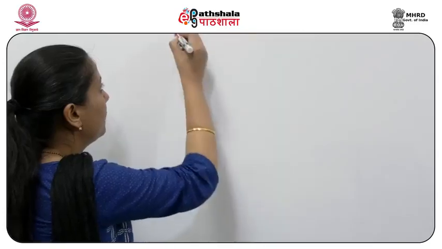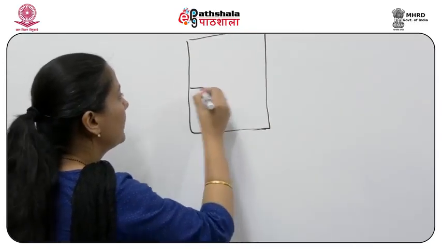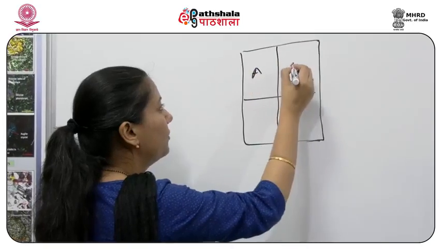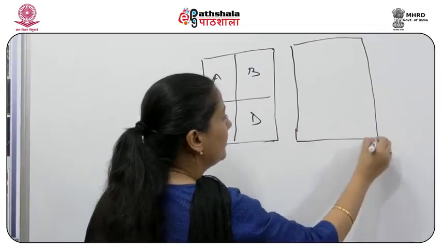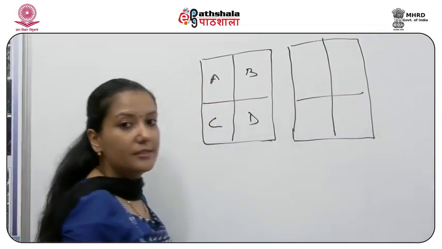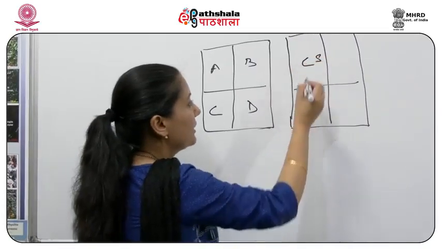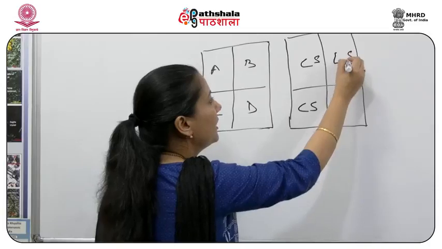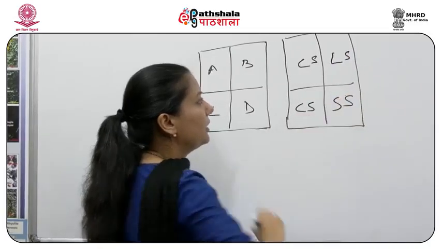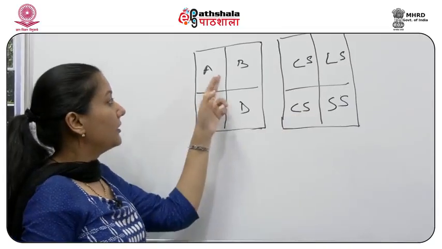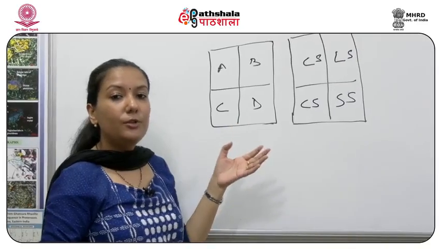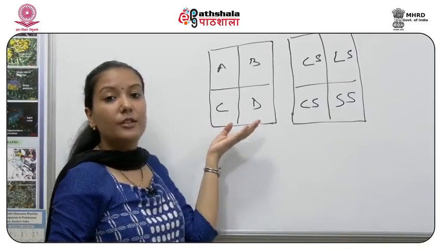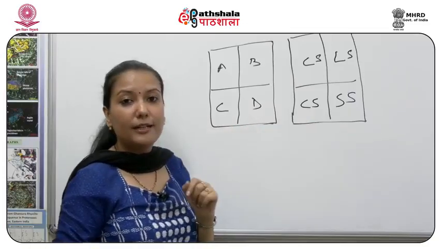Starting with the first, that is union, suppose you have 2 layers. One represents your land use land cover, say we have 4 land covers here, and there's another dataset, again 4 polygons, which represents our soil type. Maybe this is clay soil, this is also clay soil, this might be loamy, and this is sandy soil. So we have 3 soil types here, and we have 4 land use land cover. Now what do I mean by union? Union would imply I need all the information from the first layer and all the information from the second layer.